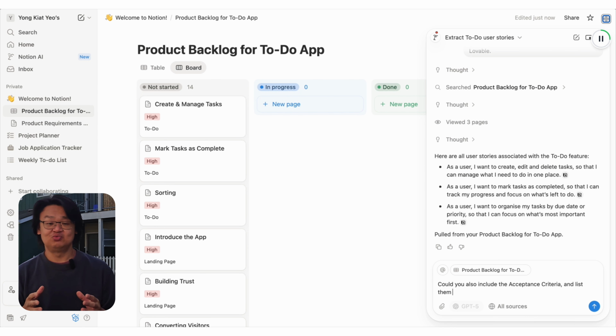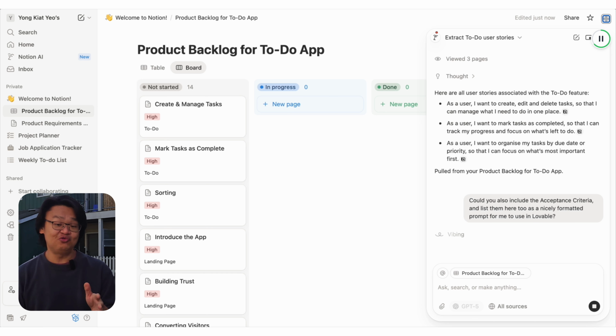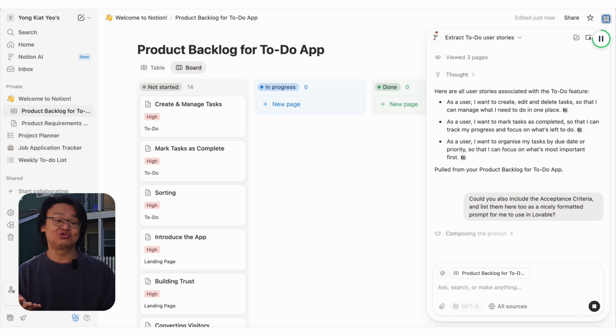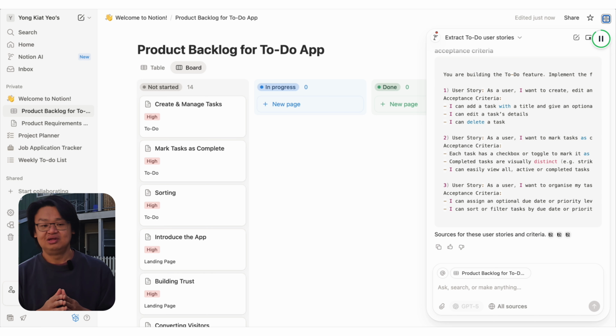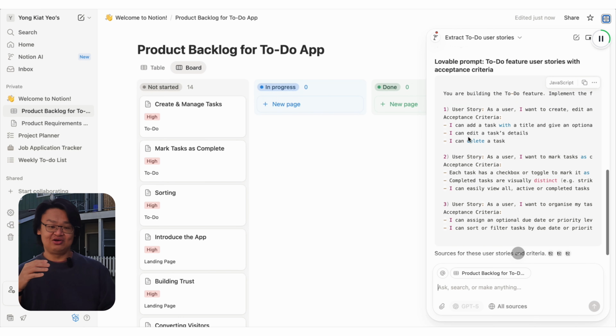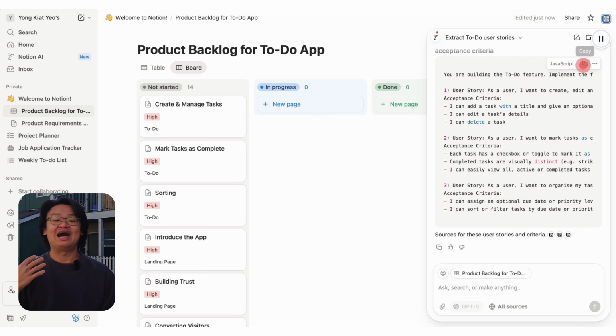As expected, because we have categorized our user stories very well, the AI is able to capture all the user stories for the to-do feature as well as the acceptance criteria. What you're going to do now is just to click on the copy button and copy the entire set of